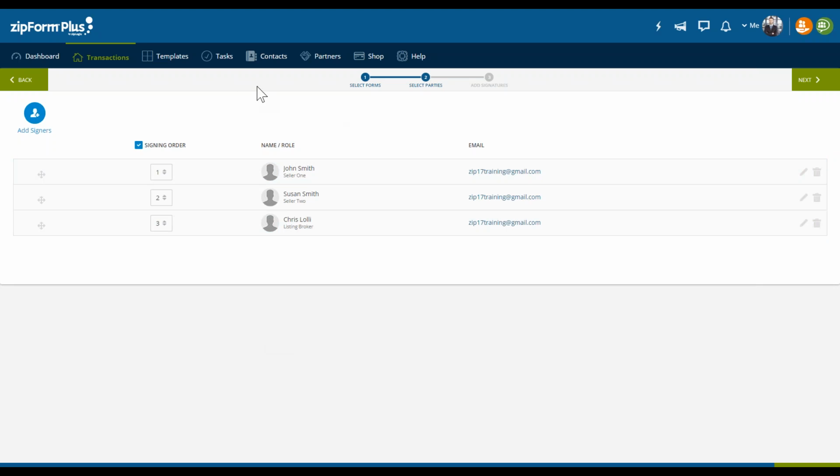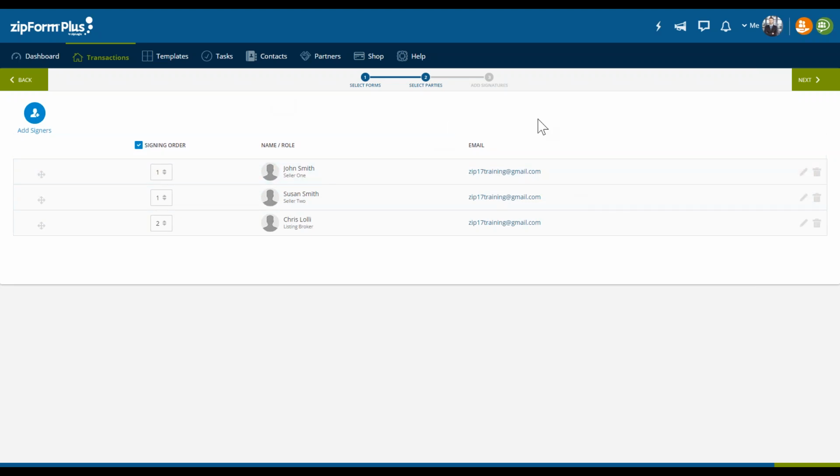Now, if you want to ignore that sequential order signing, so say we want to add an additional cashier, for example, we can click on this drop-down and click 1. So now we have John and Susan getting the same, they're placing the order for their coffee at the same time, so to speak. Okay.